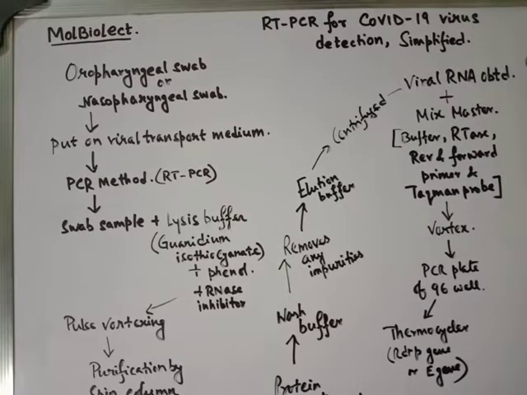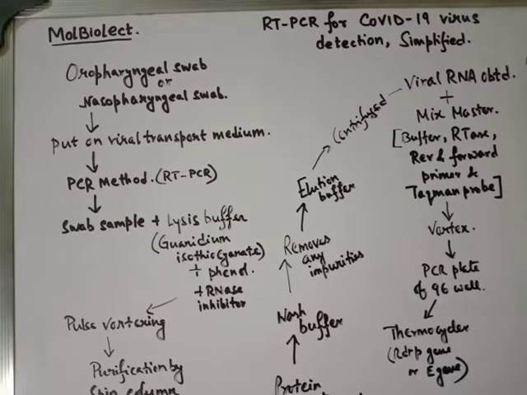Secondly, put the swab in a sterile tube that has something known as a viral transport medium. This medium by no means ensures multiplication of the virus. Many questions are coming: is this viral transport medium helping in the multiplication of the virus? No, but it preserves the structural integrity for the efficient detection of the SARS-CoV-2 virus.